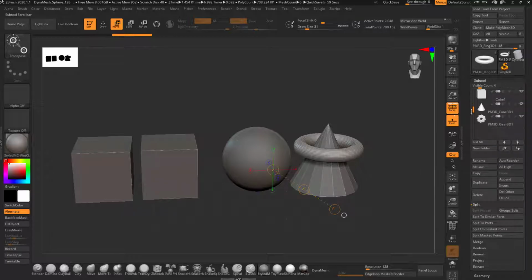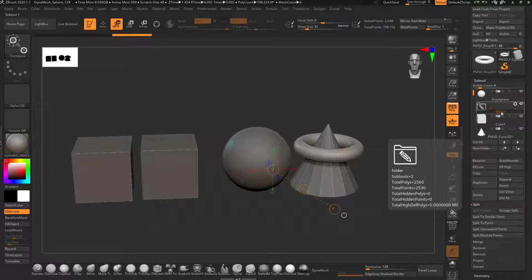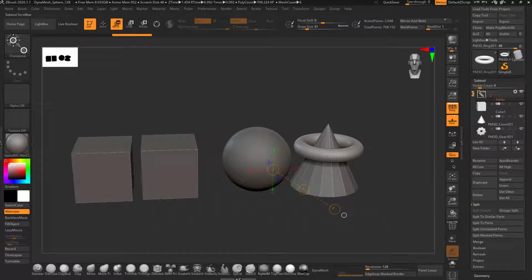For example, you can organize all the face structure like eyes, teeth, tongue, hairs, etc. into one folder, and you can name it head. This is quite easy and handy to organize your subtool panel.